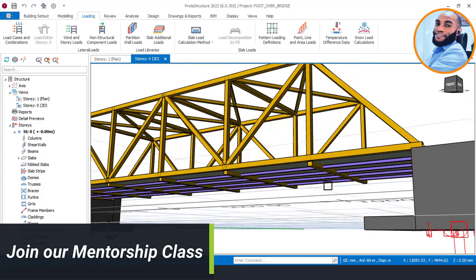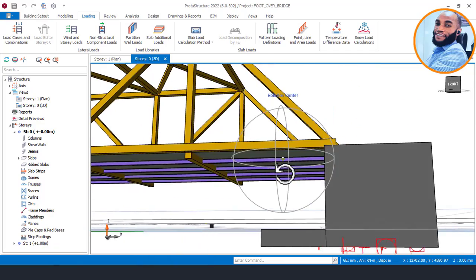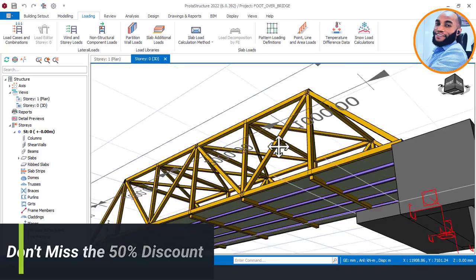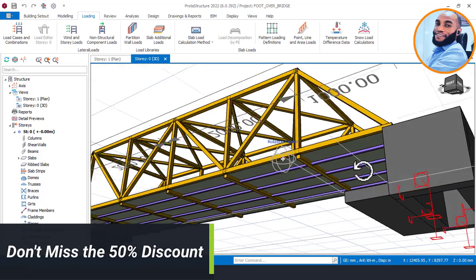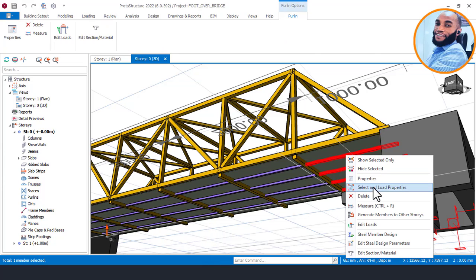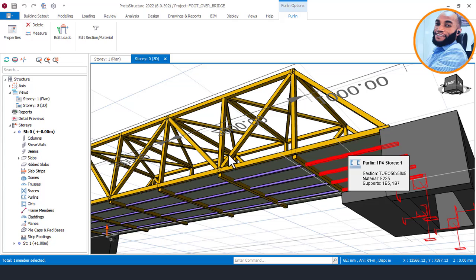To load this bridge, I will have to come to the bridge girders here, and I'll begin to apply my load based on this bridge. So right now I'll have to click on this place, right click here, and say edit loads. Now once I edit loads, I will have to wait for it to show the edit loads